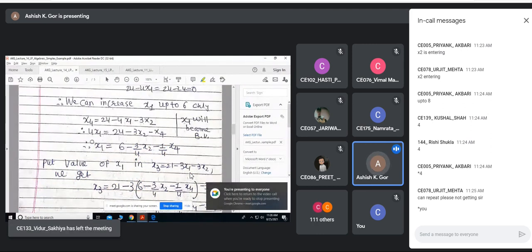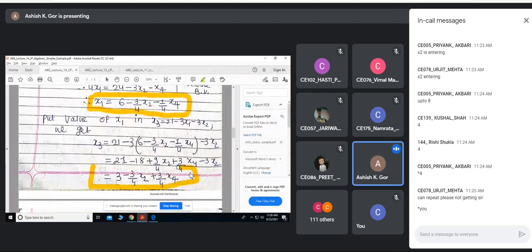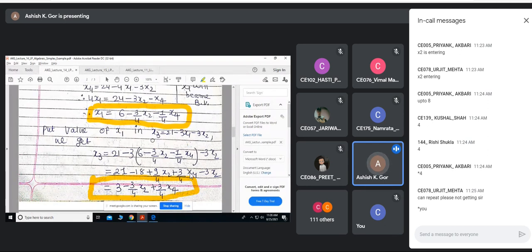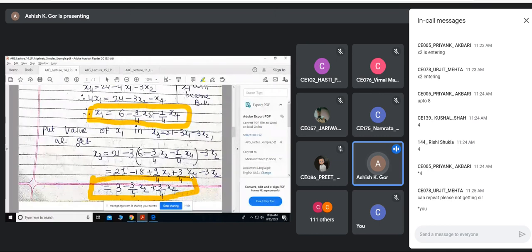See, Urjit, these are the two equations. Entering is x2, that is very clear. Which one to leave, that is the question. For that, right now x2 and x4 both are at 0, because in iteration 2 both are non-basic. So the only option is I have to increase x2. But see carefully, if I increase x2 from 0 to 1 to 2, this x1 starts reducing. Same way, when I increase x2, this x3 will start falling.